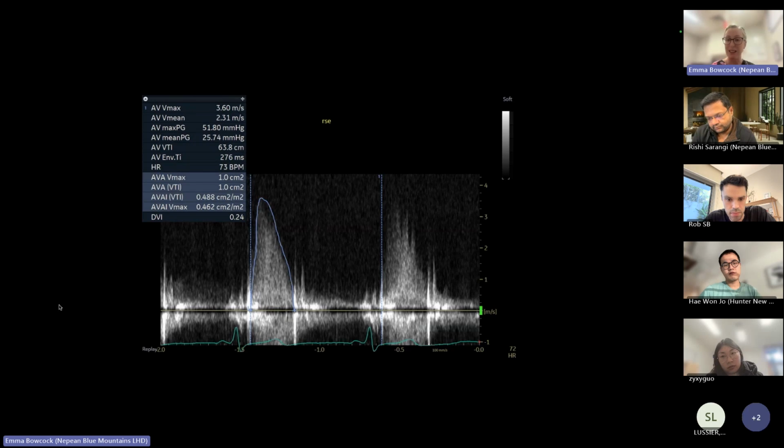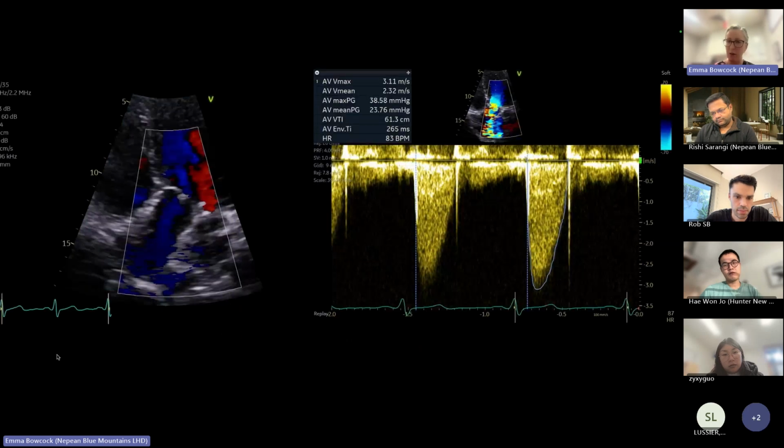And they reported it as severe aortic stenosis with that DVI of 0.24, just below that 0.25 threshold. But I didn't trust that aortic valve VTI or the Vmax because it's fuzzy. It's not traced particularly well, and I think it was slightly overestimated. So I ignored the PDOF information and actually went with what I thought was the most reliable, which is velocity